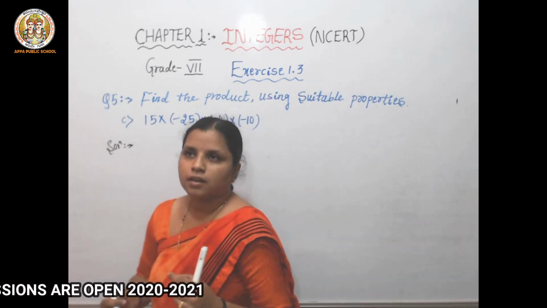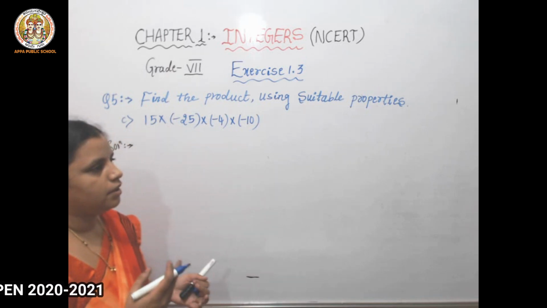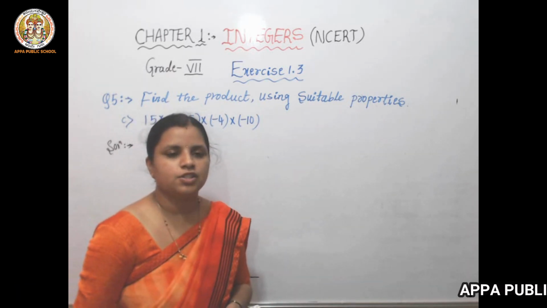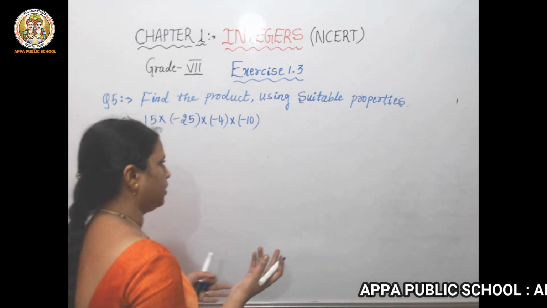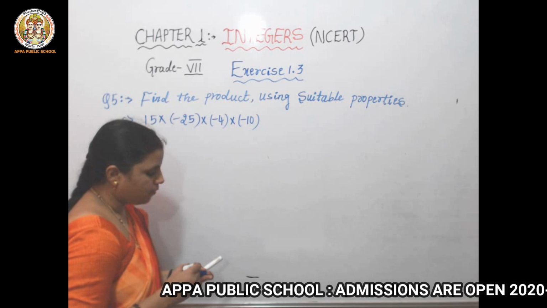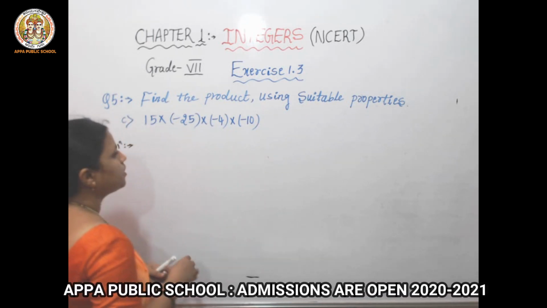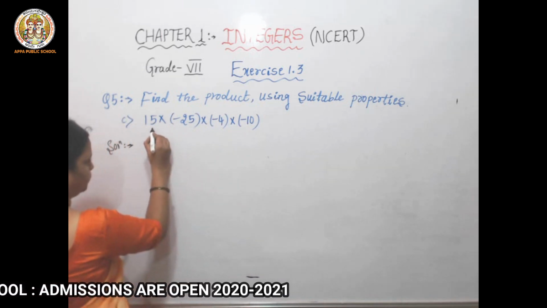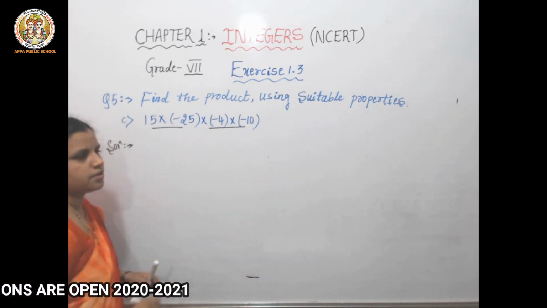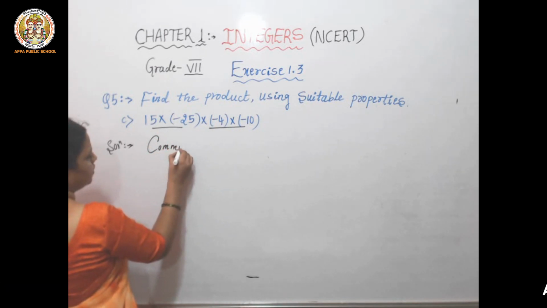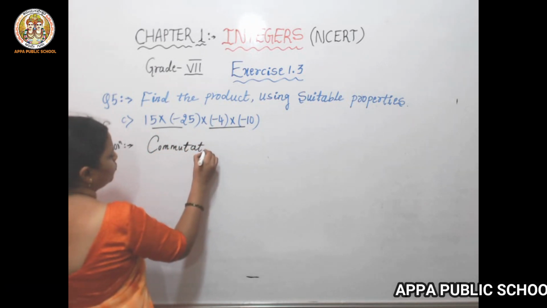See, if there are 3 elements, depending upon the common term and all that, you use either the distributive property or the associative property. But here we have 4 elements. Then which property do you use? These 4 elements will be divided in such a manner that 2, 2. If 2, 2 is there, you can use the commutative property. What is the commutative property?